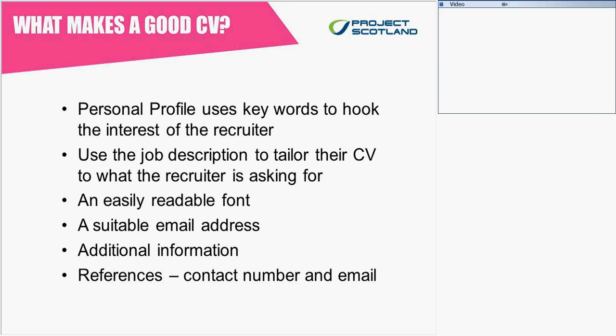I would definitely agree with that. Try not to go over the same ground in other parts of the CV. Your personal profile is a unique statement, and a lot of the mistakes that people I've worked with over the years as a career coach make is that they really just copy and paste their personal profile from a previous job and just put it in and think that's going to be enough to get them to interview. That, for me, even as a hiring manager when I was working in the banking sector, was a real frustration, because it just looked to me like people weren't taking the time to tailor that particular part of their CV to the job. So I would say that if you take the time to do that,